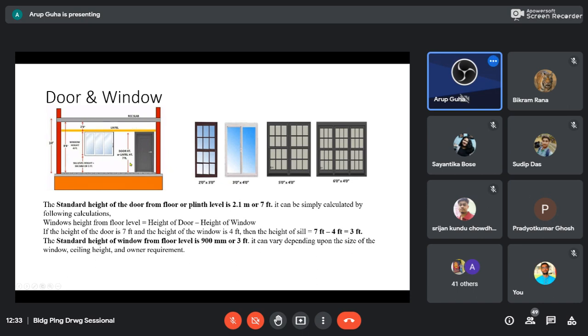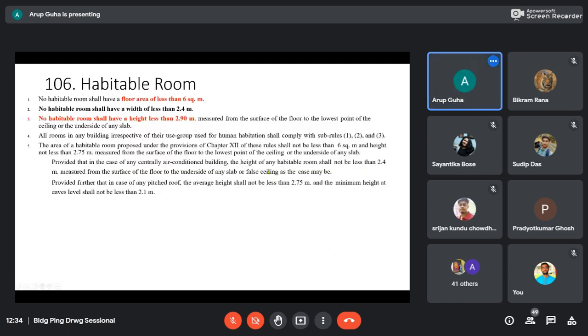ঠিক আছে? হ্যাঁ. Right. পরের ছবিতে আছে, পরের ছবিতে বোধ হয় আছে।